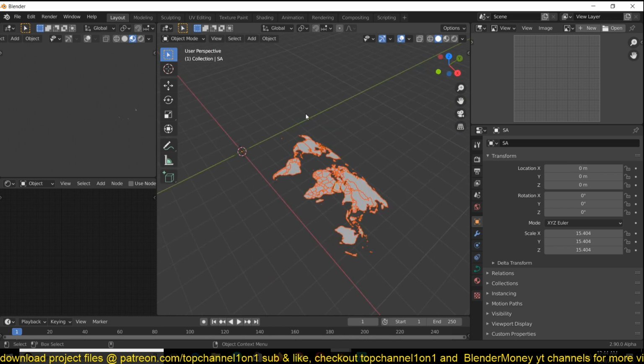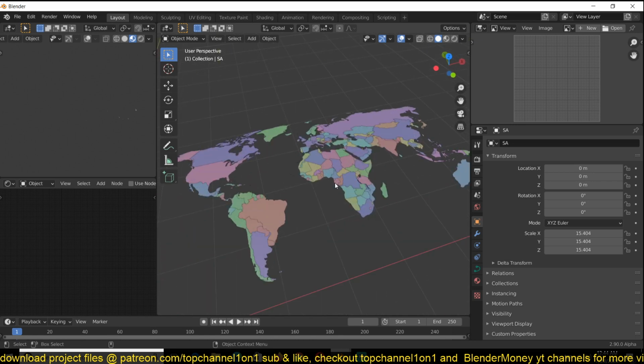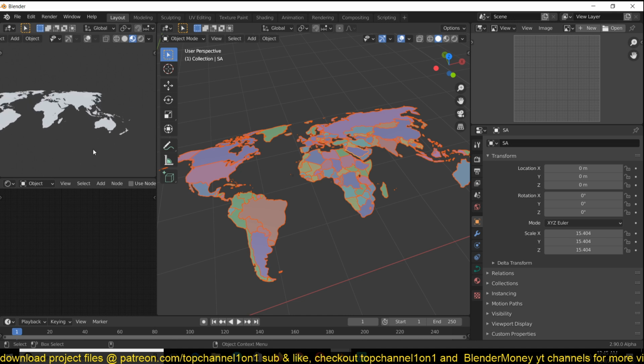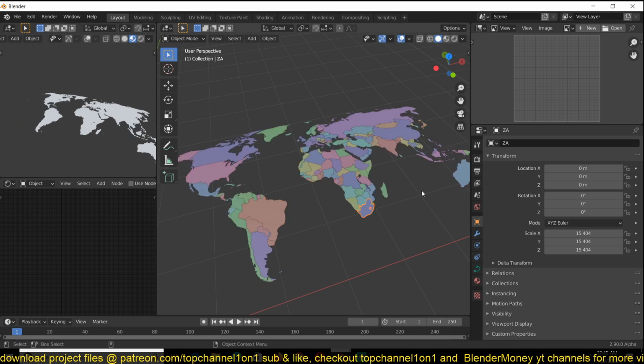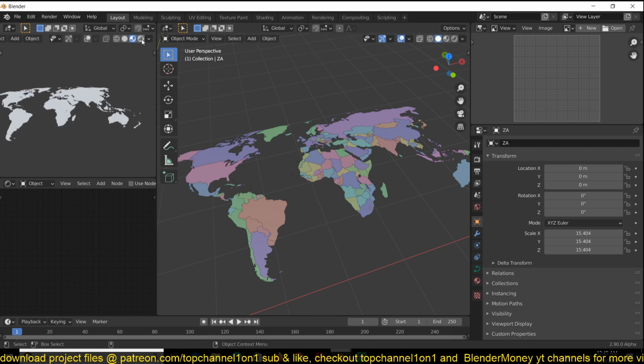So if you're in the viewport, that's very easy. You can just go into the viewport shading and turn on random colors, and you will have a different shade of color for each of the objects in your scene. But this doesn't translate into your final render image. You can see we're still getting a white shade here. That is not exactly what we have here. So this is a tutorial on how to translate this into your final render that you can render using Cycles or Eevee.